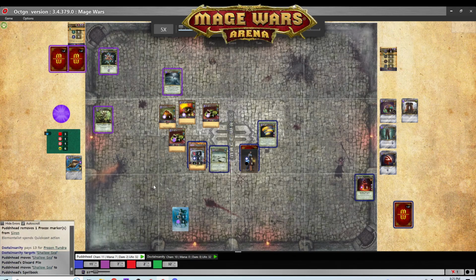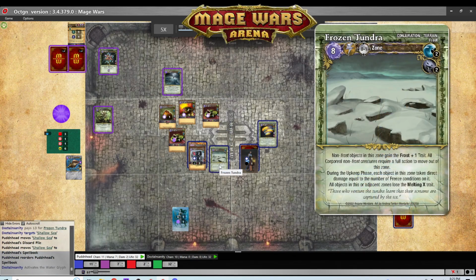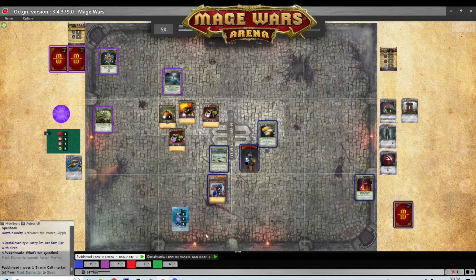And it looks like he's going to replace. Yeah, that's right. He did this mean old trick, got rid of my Shallow Sea so that I didn't get extra dice on stuff. And then he's able to move out with impunity. I'm not. So I'm going to move my Rotting creature in with the Elementalist and see if I can